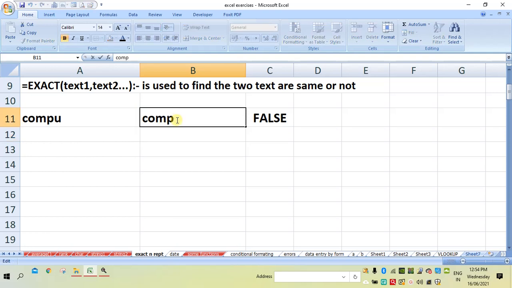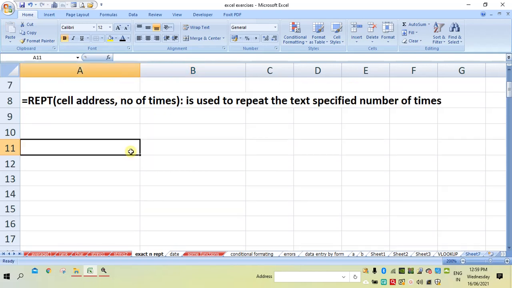And if I make one capital, the spelling is the same, but it will give you false, because one is in upper case and the other is in lower case. That also will be compared and it will give you the result. So this way we can use the EXACT function to compare two or more texts.